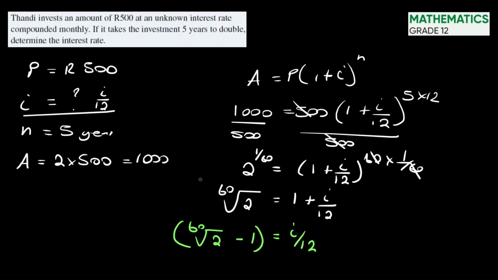If we multiply the right hand side by 12 to get rid of the 12, it means we'll have the value of i to be equal to 12 multiplied by the 60th root of 2 minus 1 in brackets, and we can calculate our interest to be